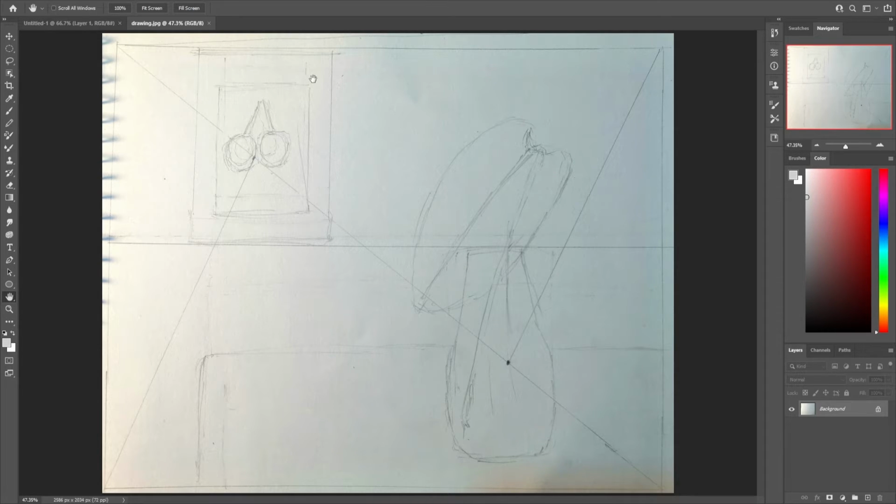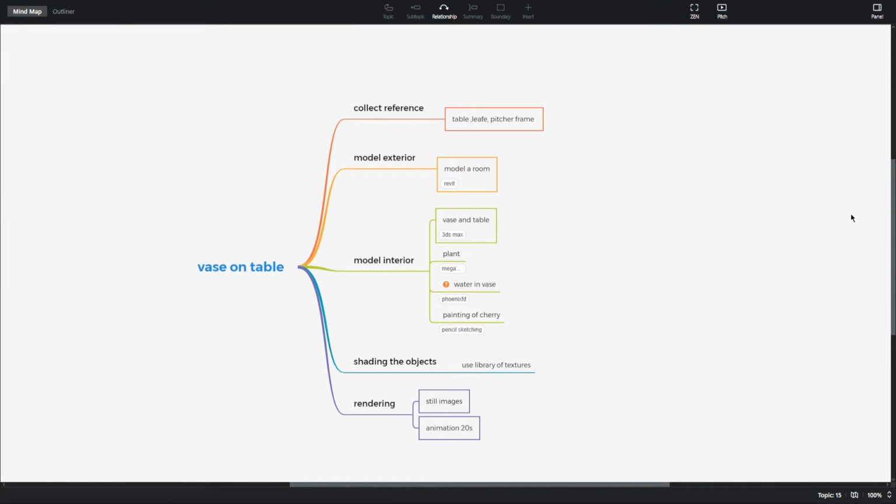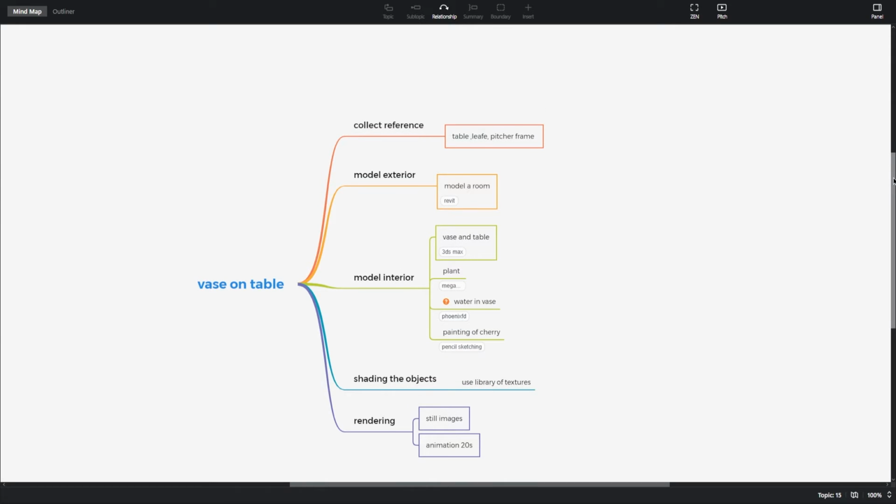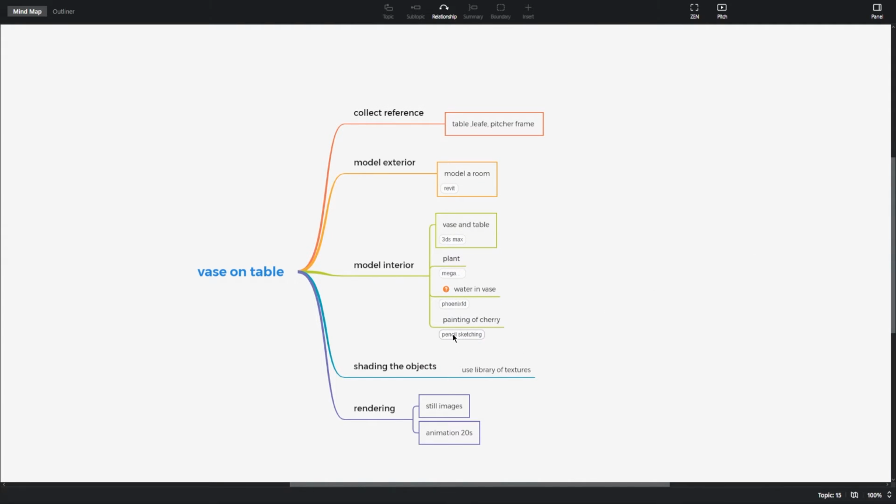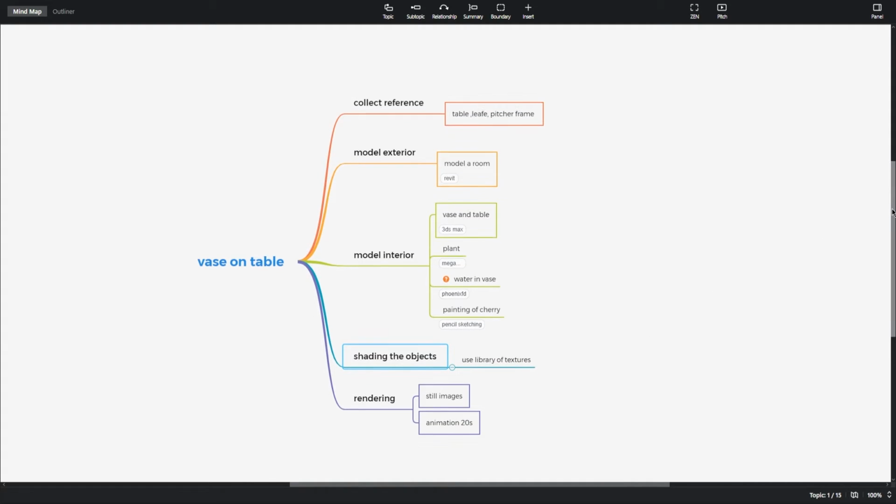So why am I doing this? Because I want to prove a point that if you are not a good sketch artist, you can still do the pencil sketch, and have a very good drawing. And after shaping the objects, the next process would be to do the material or the shading of the objects, and